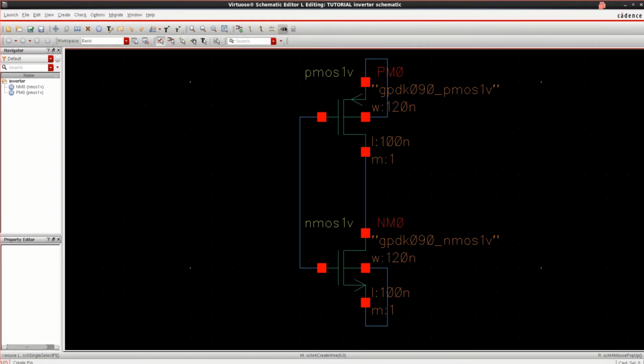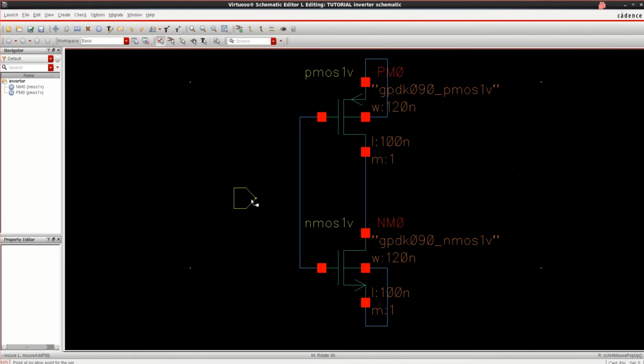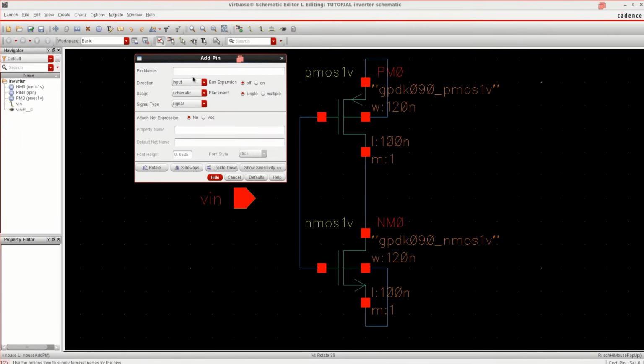Place the pins for input. I'll call this V in. One more pin for the output. Set the direction to output. Call it as V out.